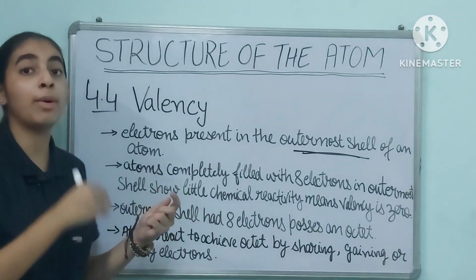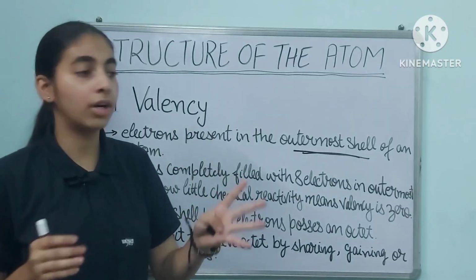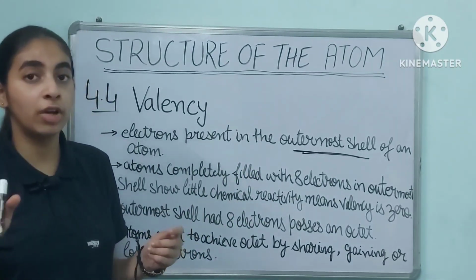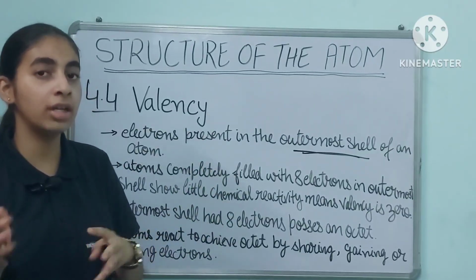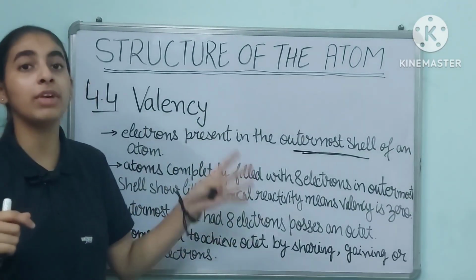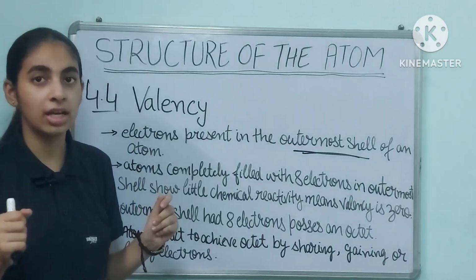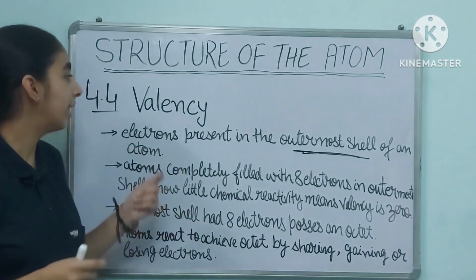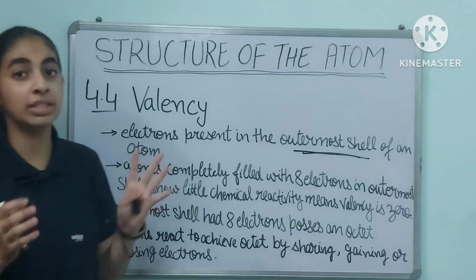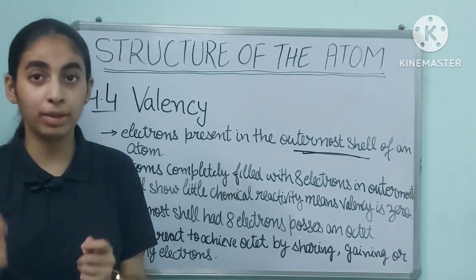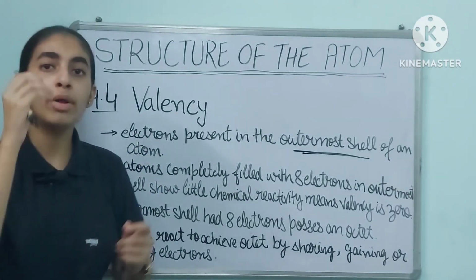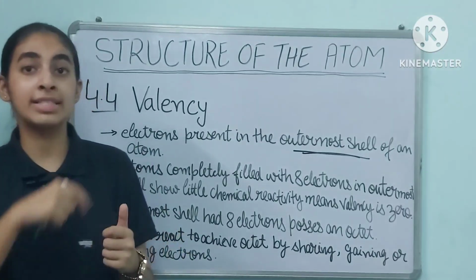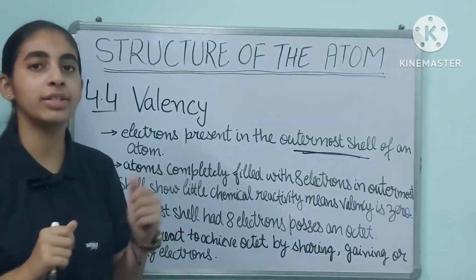From this only we write about charges in chapter 3. I have told you about the charge also. We were revising Mg2 positive, potassium charges we were writing. So on the basis of valency only we were able to write the charges. So now you will find it an easy topic, how to write the valency and charge, and you can see the table also. You have to revise the table, which is very important. On the basis of valency, on the basis of electronic configuration, you can revise that chapter 3 table also, and this table also.